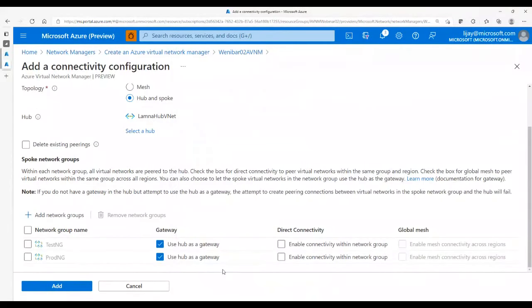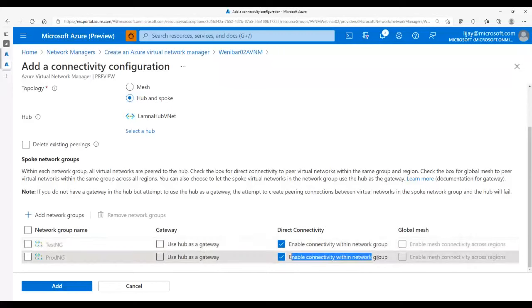Let's say create. So by default, it's enabled to use the hub as a gateway, but for the sake of the demo, I don't select it. And by enabling this option, I make sure that all of the VNets in this network group can talk to each other. So essentially, I'm creating a hub and spoke topology with connectivity between the spoke network groups. Okay, so let's create this one